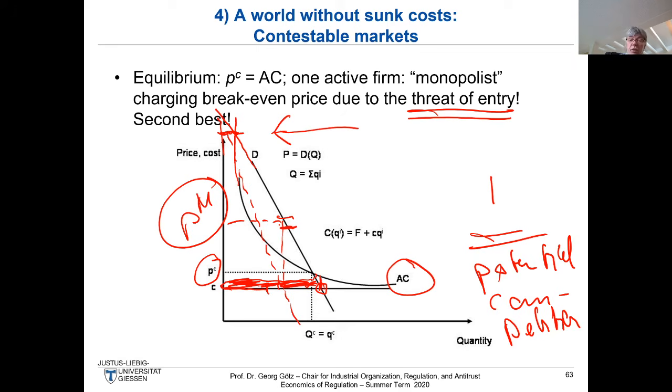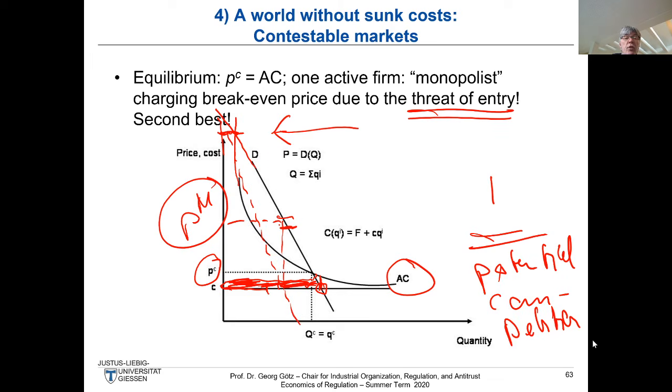And this is really amazing, okay? The question later on, of course, is how relevant that is. But here you see, and that's an important point, that even though you observe only a single firm being active in the market, you have a result as good as it gets in terms of this market structure. As long as no first best transfers are possible, it's the best thing you can do. And this is really remarkable, okay?